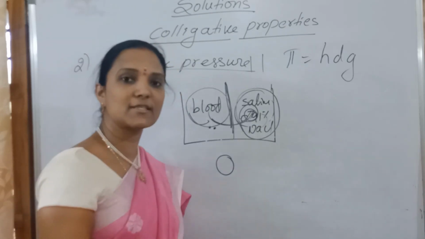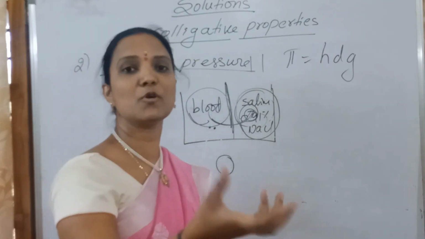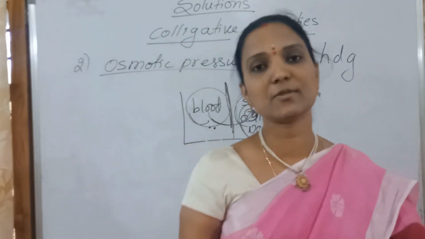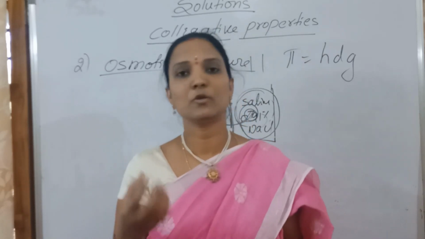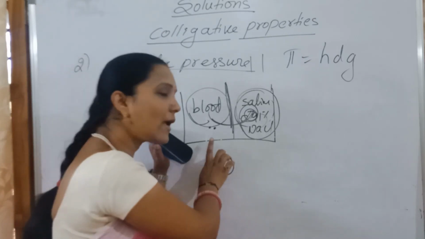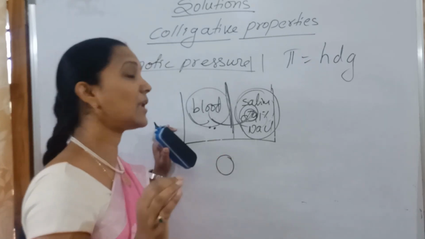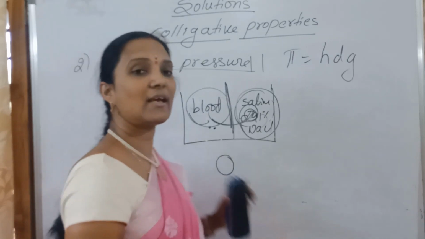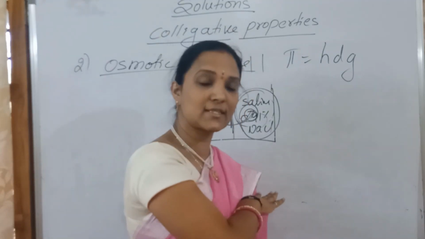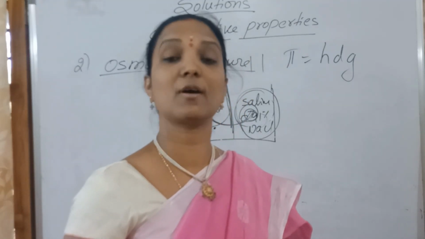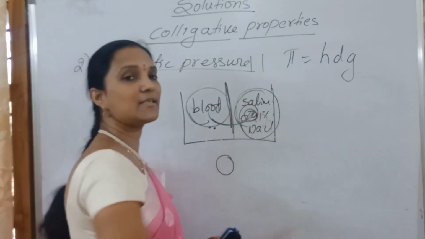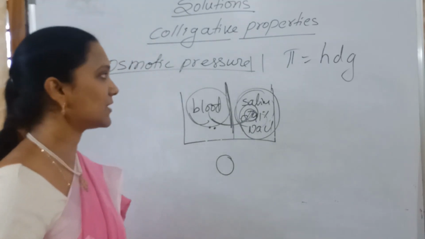Otherwise what happens? If concentration is less, swelling. If concentration is more, shrinking. So the exact concentration is required. Only this concentrated saline is isotonic with blood. If this is injected, there is no shrinkage and the blood cells do not swell. Nothing happens here, so no endosmosis, no exosmosis. Blood is isotonic with saline water. If saline water is injected, does endosmosis or exosmosis take place? The answer is no osmosis. Why? Both are isotonic solutions.